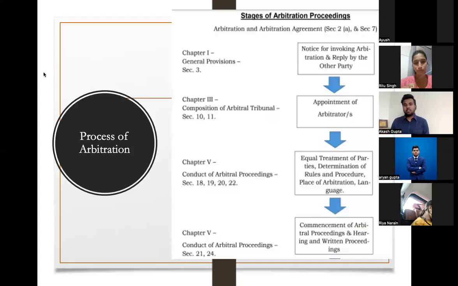A pathological clause is a defective clause. A defective clause is, for example, there is no mention of seat. So which courts do you go to for appointment of arbitrator? You don't exactly know, right? So sometimes these have to be cured by the courts. But there are two sets of arbitration. One kind of arbitration is ad hoc arbitration. You must have heard this in India that two contractual parties have a dispute. They decide we'll have arbitration. They appoint some very senior professionals within the legal system, and then they have their arbitration.